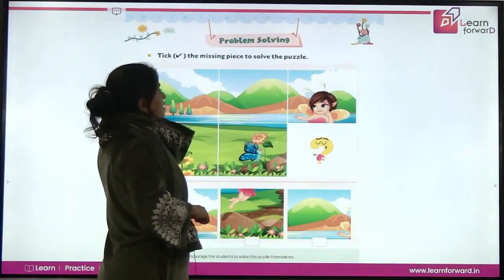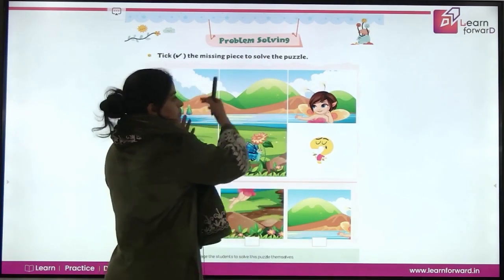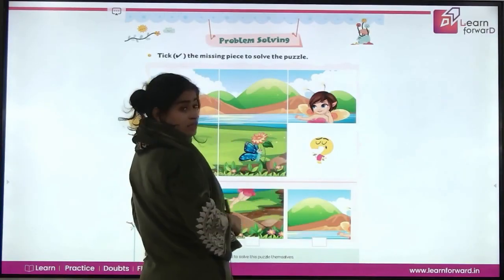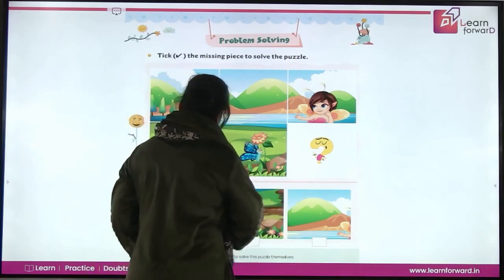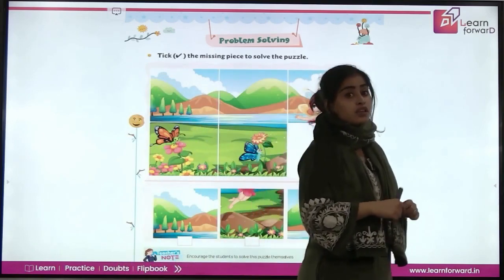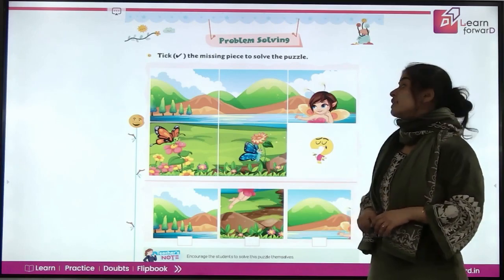You have to take the missing piece to solve the puzzle. Now, it's a beautiful picture here, right? But one piece is missing. Now, there are three options given to you, 1, 2, and 3. You have to find the correct option, which picture will come in this puzzle, and then this picture will